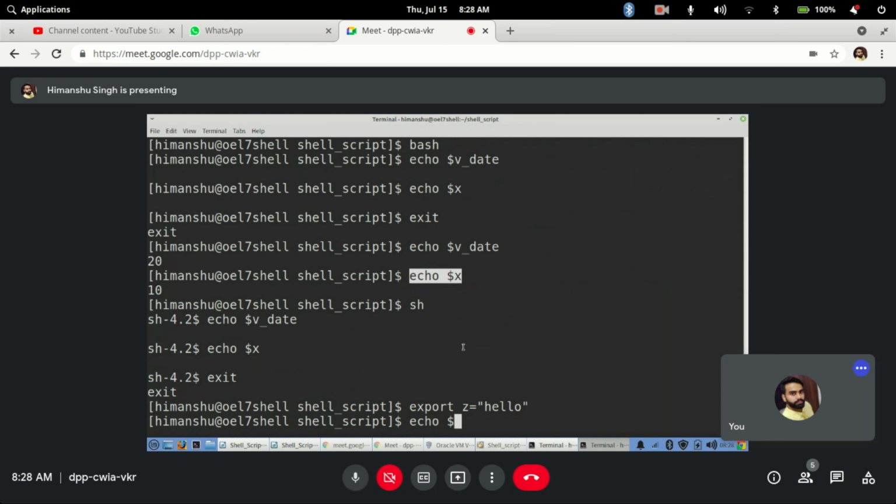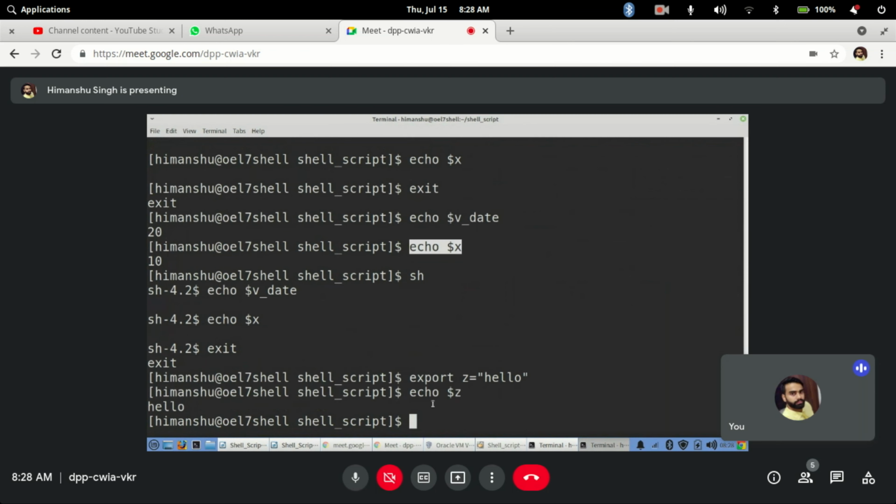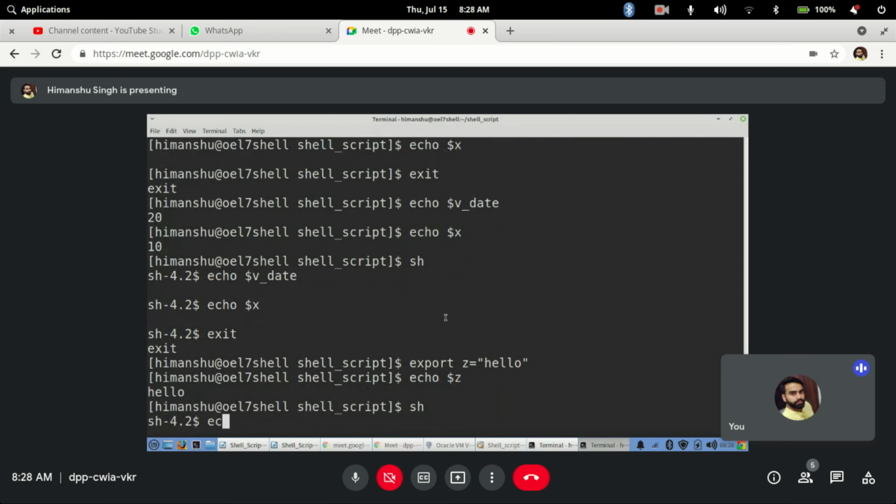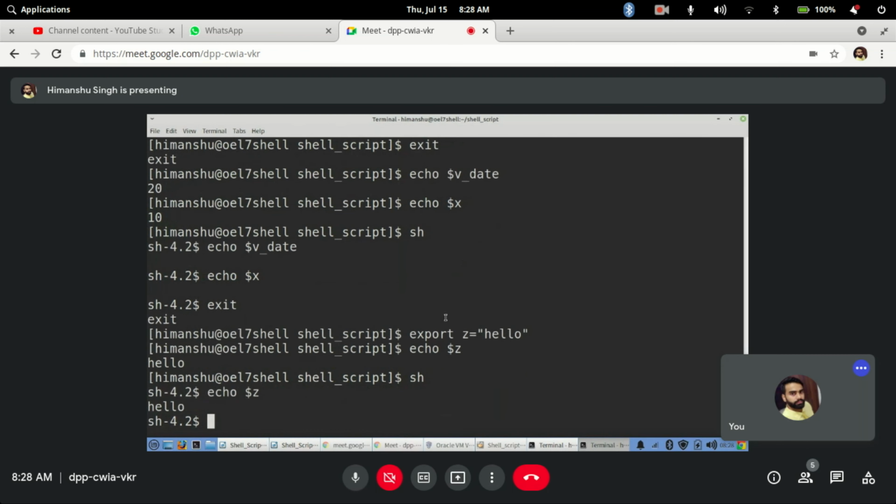Echo $z works the same way, but I have used the export command. Export means this variable will be globally available. Now if I go to my shell sh and do echo $z, the value of z is coming here also. So if I want to print something here, it will print by default. Got it?